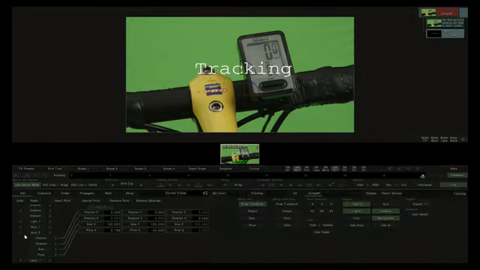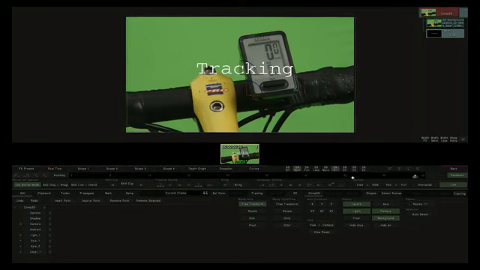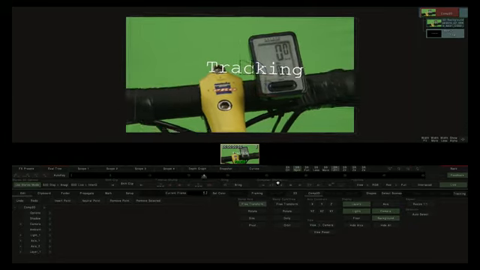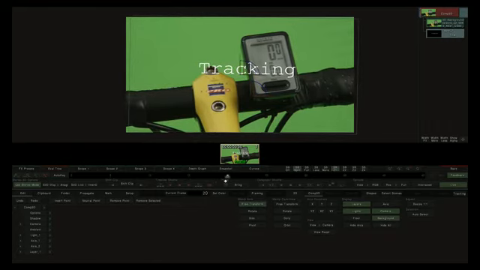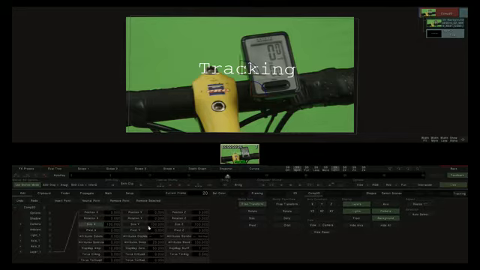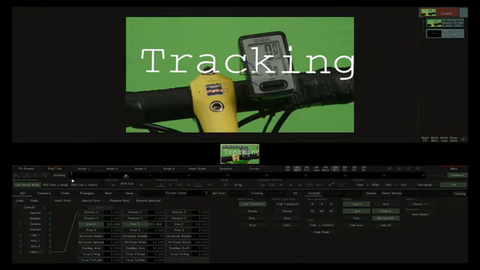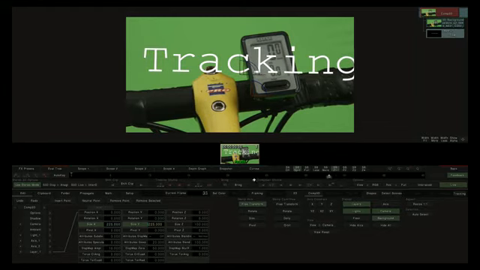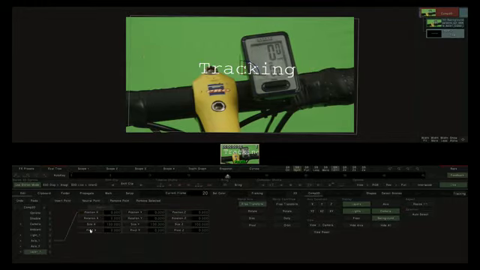While we're in the Comp3D, let's look at the effect of zooming our shot. Let's look at the hierarchy of axis 1, 2 and layer. So at the moment our text is happily tracking with the object. If I were to go into layer 1 and zoom, you can see that the tracking text is still happily following. So let's just go back to 0 on there. If I do it in axis 1,